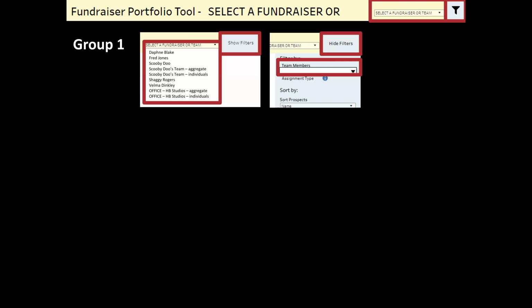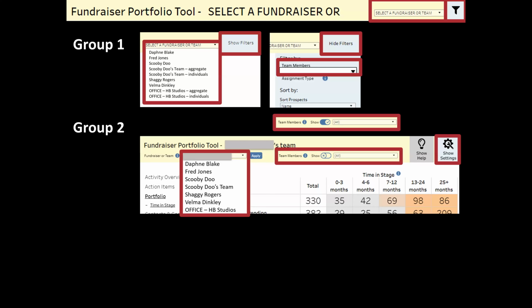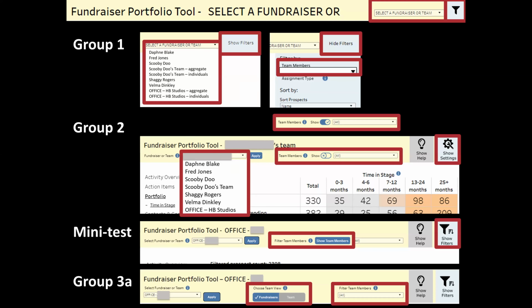So we went through a series of iterations in different groups of testing, because we would test 2 or 3 tabs at a time. And we finally landed on this thing that we thought we were happy with, where all of the functions are laid out, they're individually labeled. And then we hit this point where we hid filters using the show hide filters functionality that was new to us in Tableau. And it turned out that was a hugely awful move because every time they wanted to apply a filter and see how it changed the data and explore the data that way, they would have to show filters, apply a filter, hide filters, look at the data, show filters, apply a filter, hide filters.